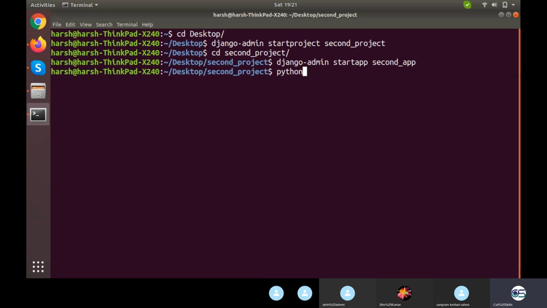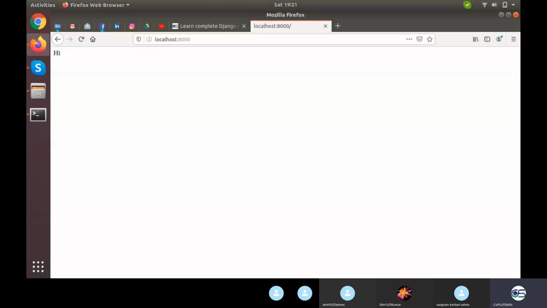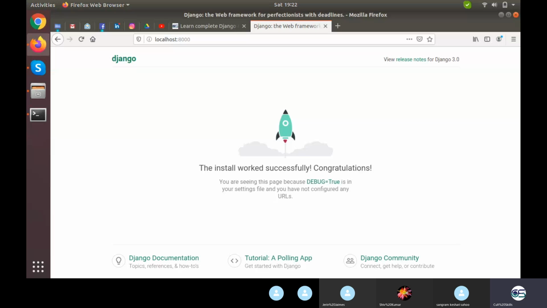Next, just run your server. That is it. Now no need to do anything on your server. And check, your server is not running in Indian time. It is running in some GMT time. Our time is GMT plus 5:30. So it is showing 1:50 in the afternoon, and we are right here having 7:20 in the evening of the same day. So it is 5 hours 30 minutes earlier than us. So let the server be running and see how your localhost is behaving. Your localhost would give you a rocket launching page of Django that the install worked successfully and all of that.